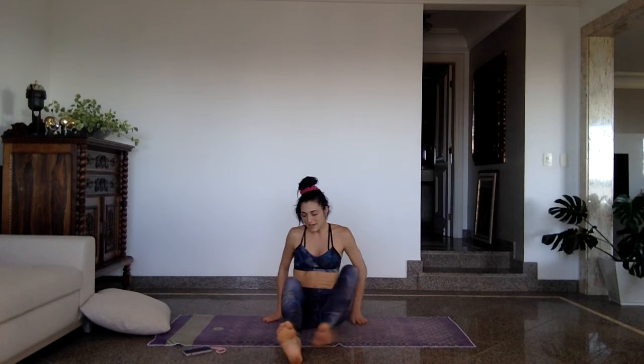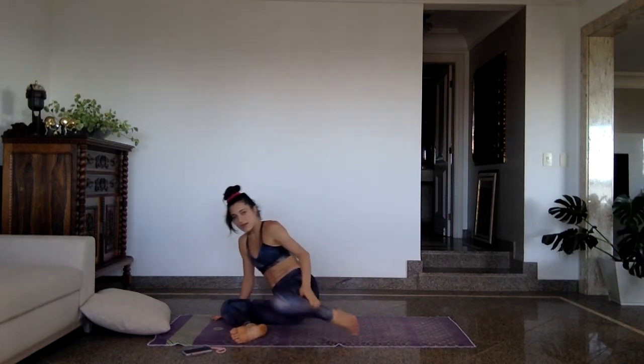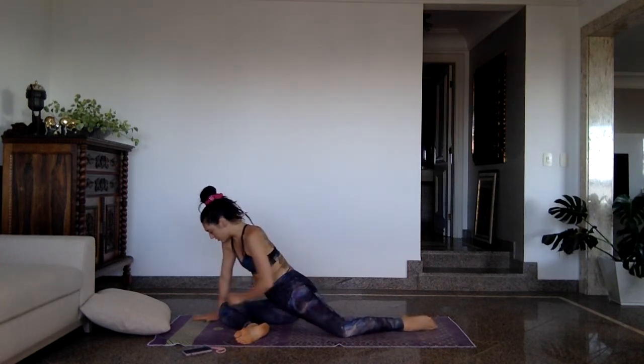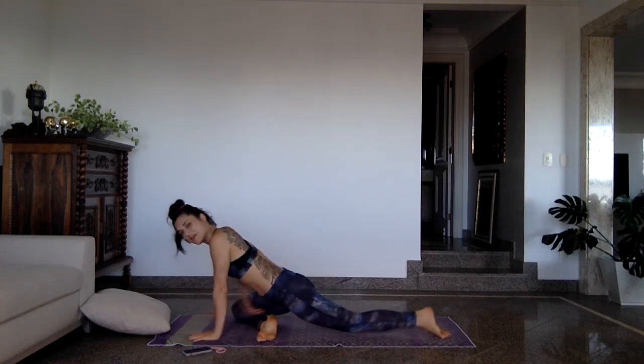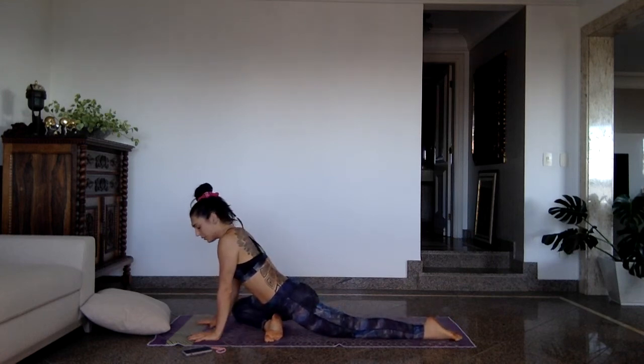We're going to do the exact same thing, but this time on the right side. So lengthen your left leg back. Your right knee towards your right wrist. Right ankle towards your left wrist. Send that left hip down. Yeah. And you can stay here,